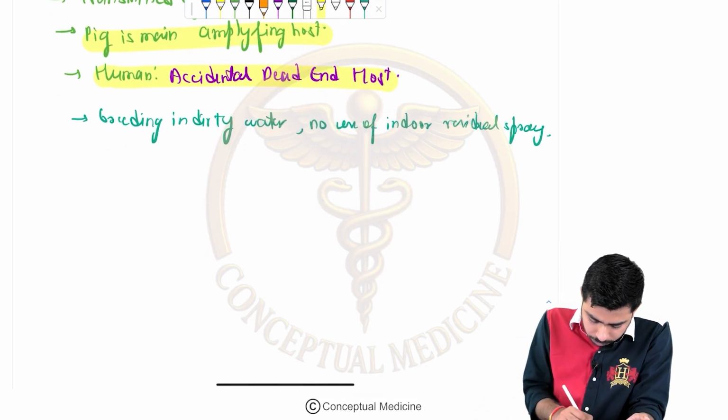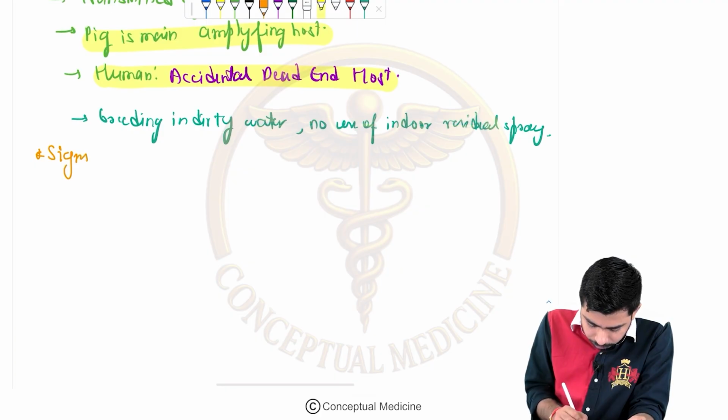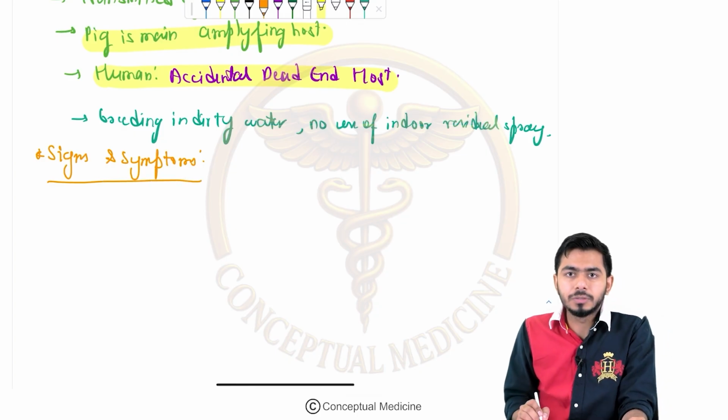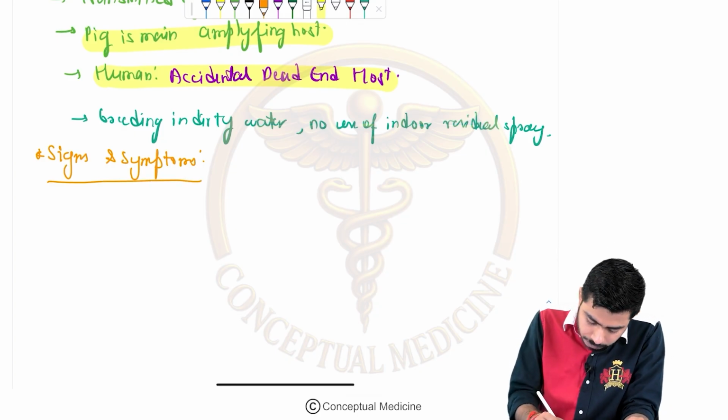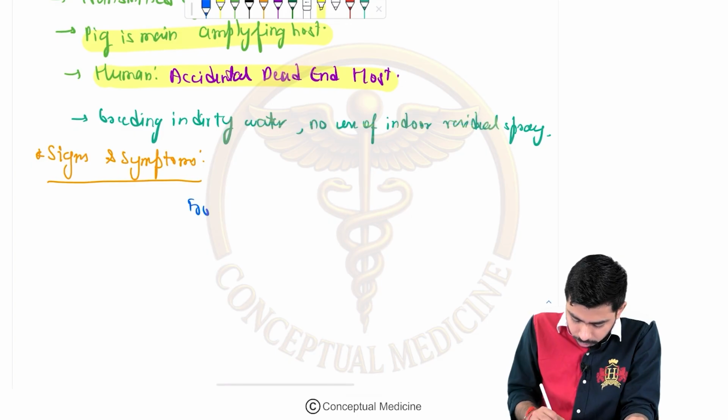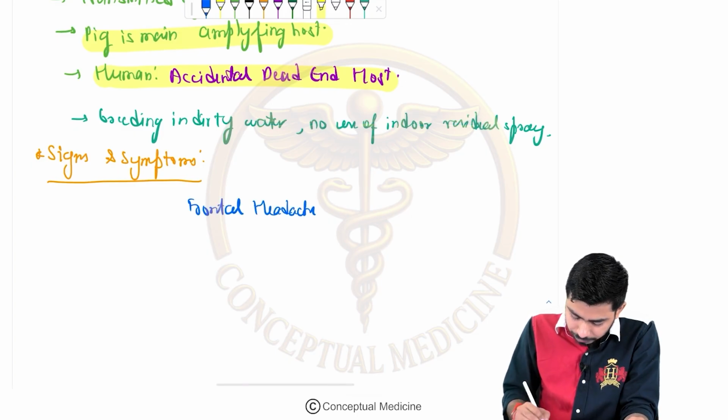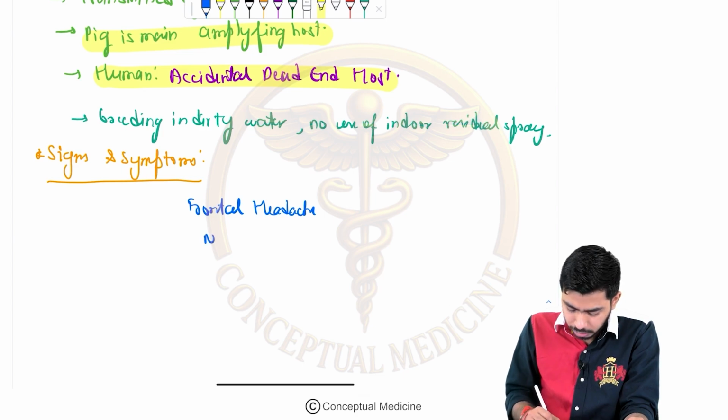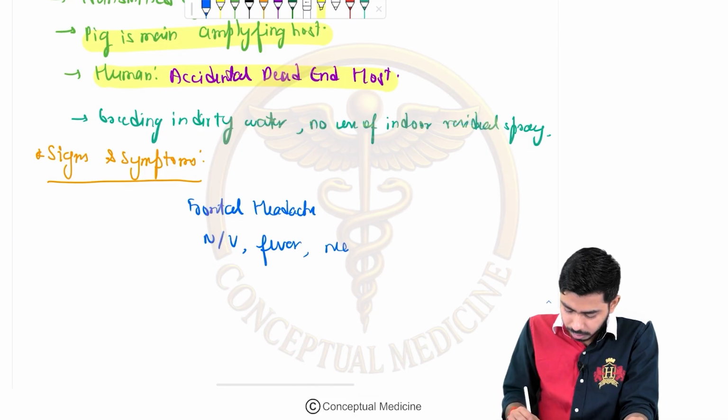What could be the signs and symptoms? However, you have studied about them in medicine also. So what about the signs and symptoms of Japanese encephalitis? Signs and symptoms are very simple over here. The patient might be having frontal region headache. The patient might be having very vague symptoms like nausea, vomiting. The patient might be having fever. The patient might be having rigidity in the neck region. So neck rigidity might be seen.